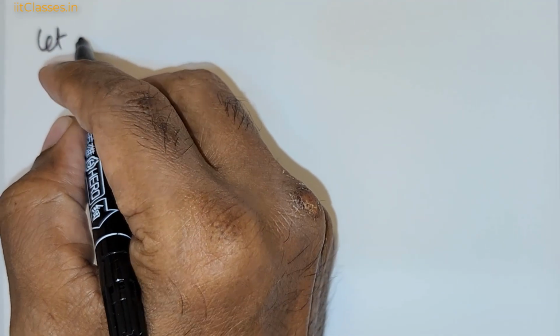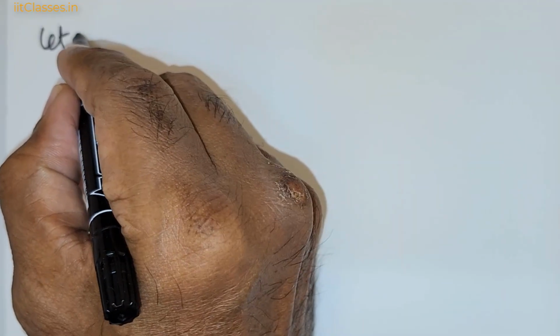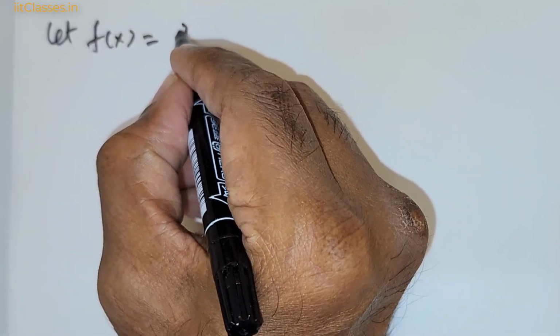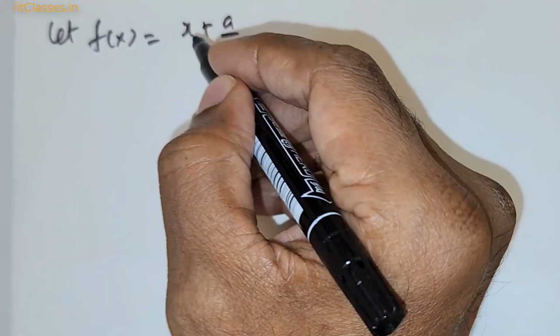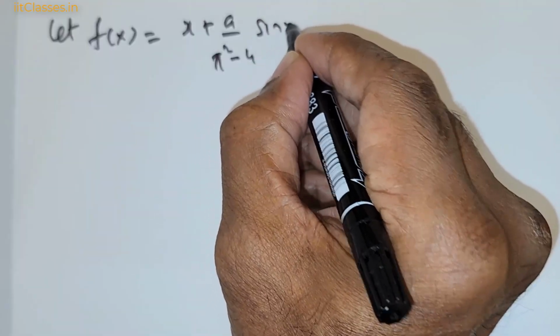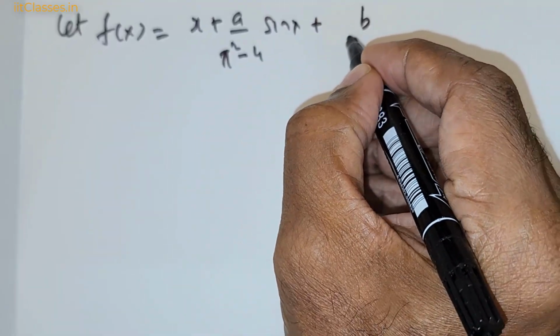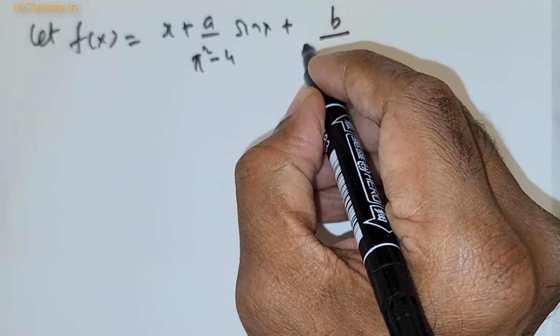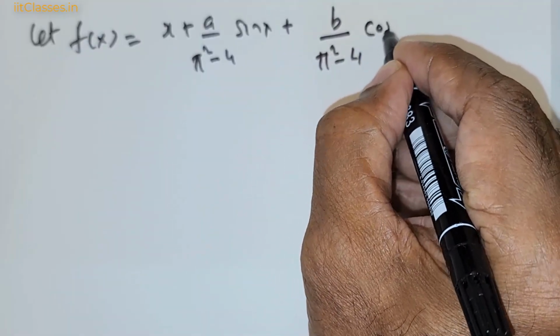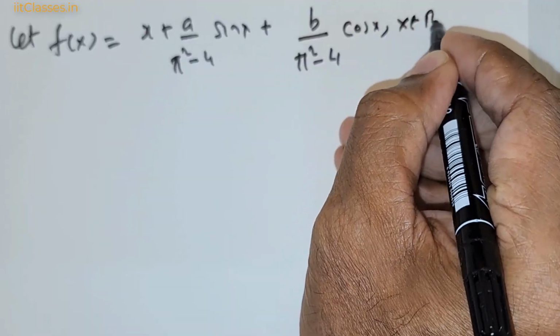Okay, so let's do this question. This is a question we've been given. Let f of x be equal to x plus a over pi squared minus 4 times sin x plus b over pi squared minus 4 times cos x, where x is an element of R,